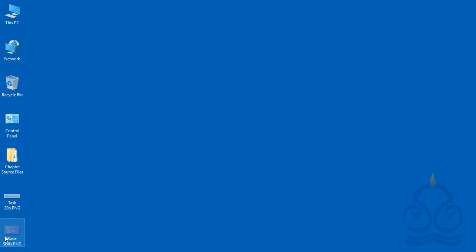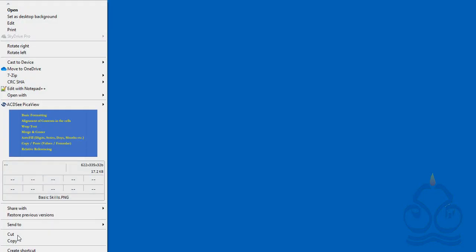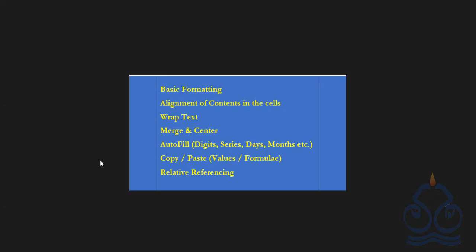But before starting that task, we are going to learn a few more basic skills which are required to have command over Microsoft Excel. So before starting the next task, let me show you what we are going to learn today using Microsoft Excel. First of all, we'll see how